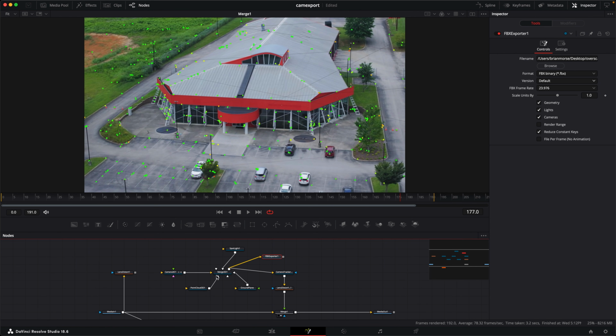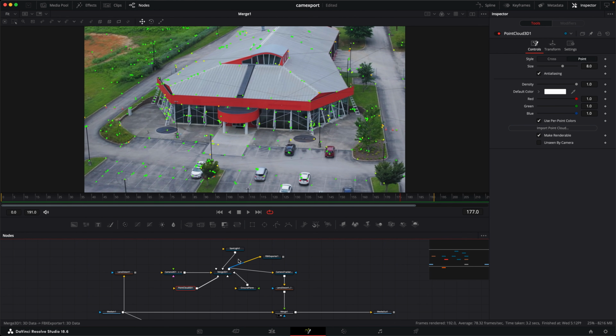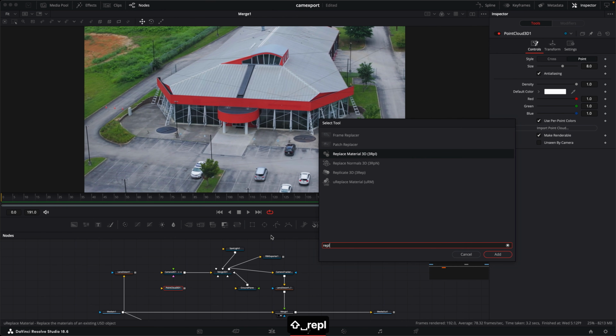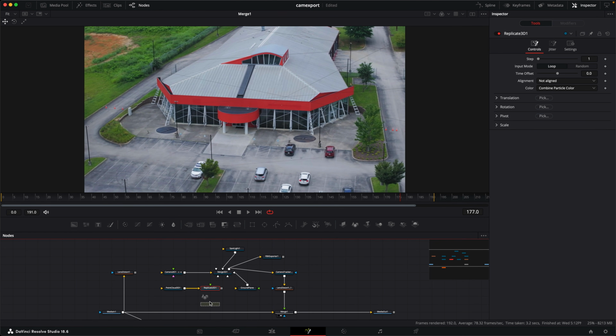Now, before I export this out, one of the things I want to point out is this point cloud will not come across. There may be something in Reactor to do this, maybe an Alembic export. I'm not sure. I honestly haven't looked. But a workaround could be to apply small little geometry to each one of the points and then export out that. And so that's what we're going to do. So we're going to take our point cloud off. We're going to add a replicate 3D, and then we'll take a shape and add that shape to the input,